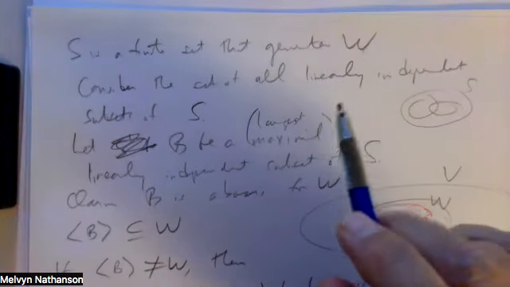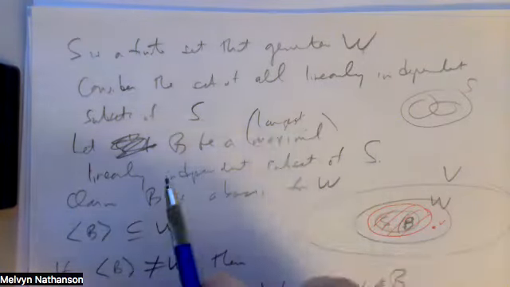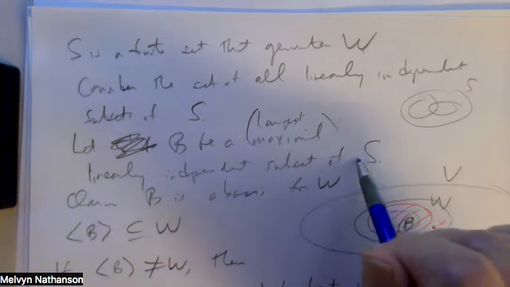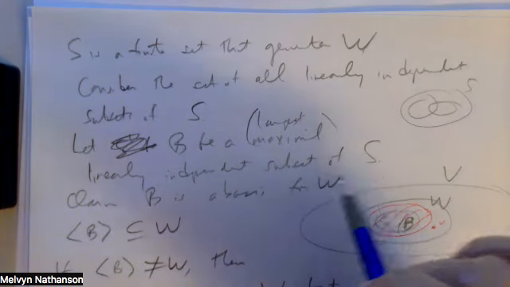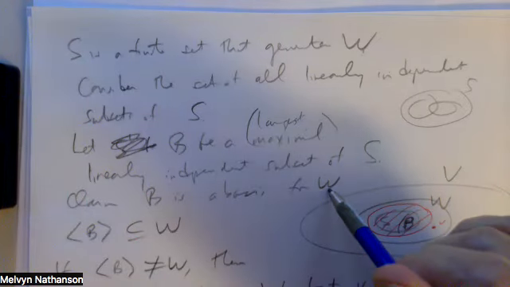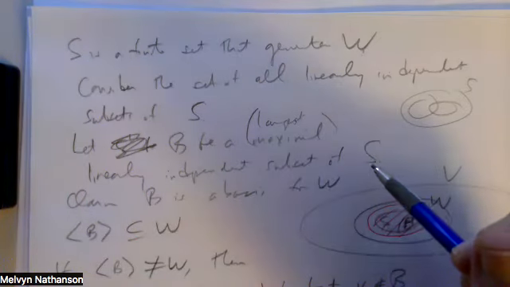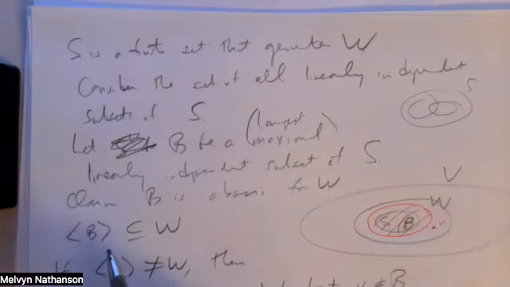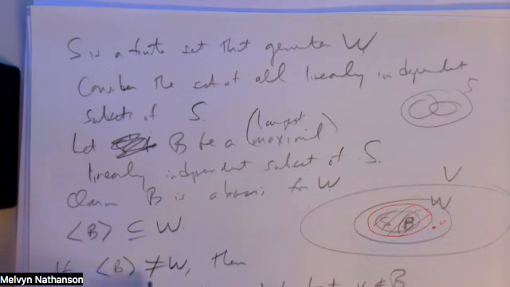So you can look at all linearly independent subsets of S and choose the largest one. Let's call that B. And so B is a maximal linearly independent subset of S. And I claim that this B is a basis for W. That means that B generates W. So the subspace generated by B is contained in W. And if it's not equal to W, then,